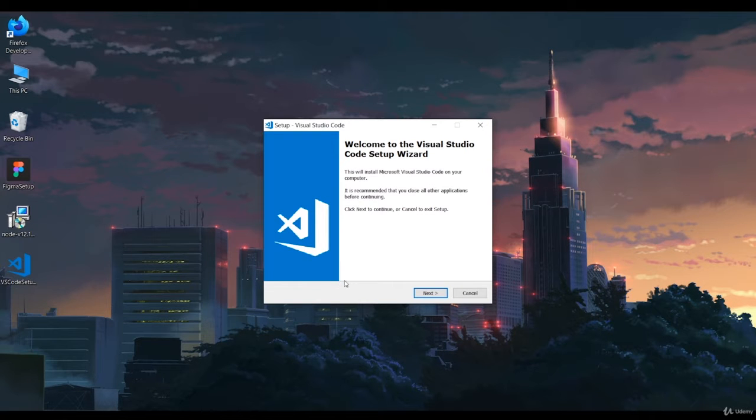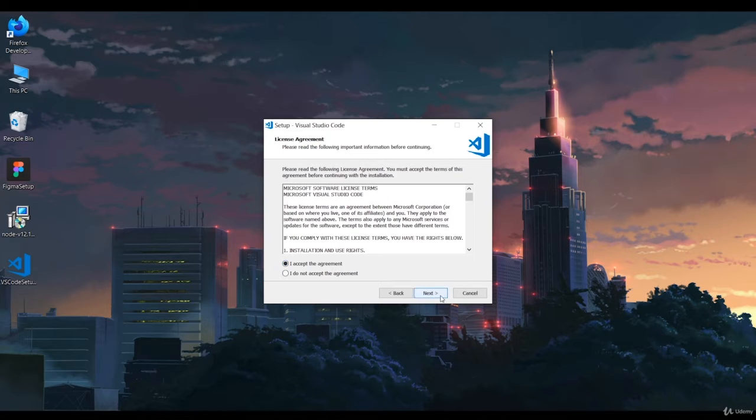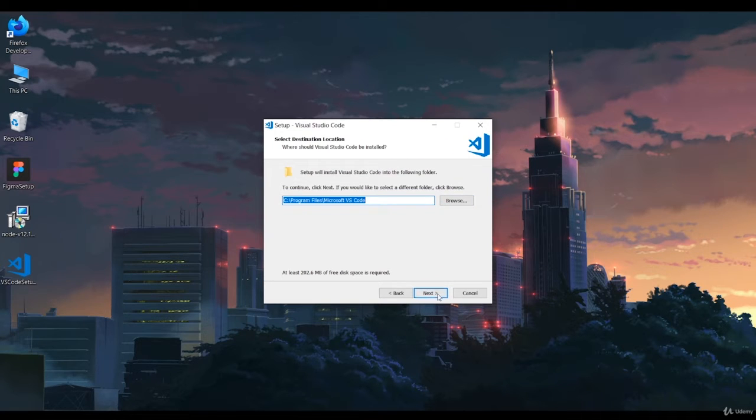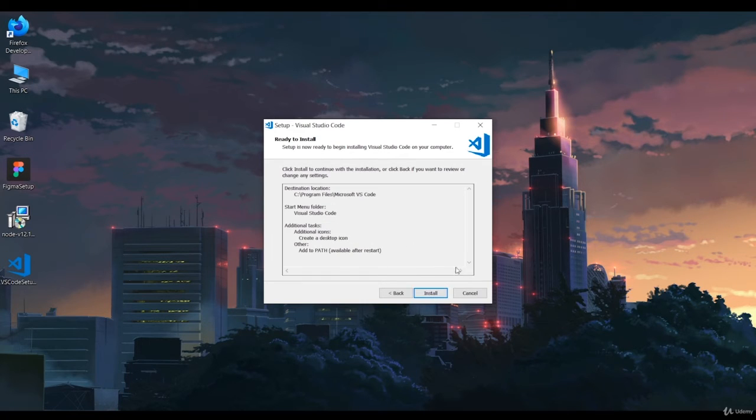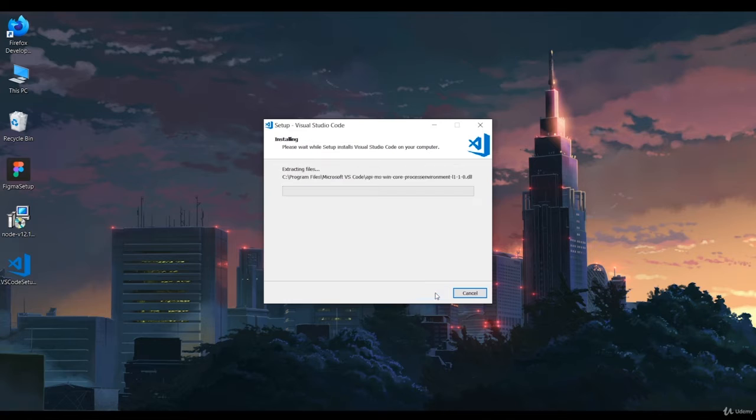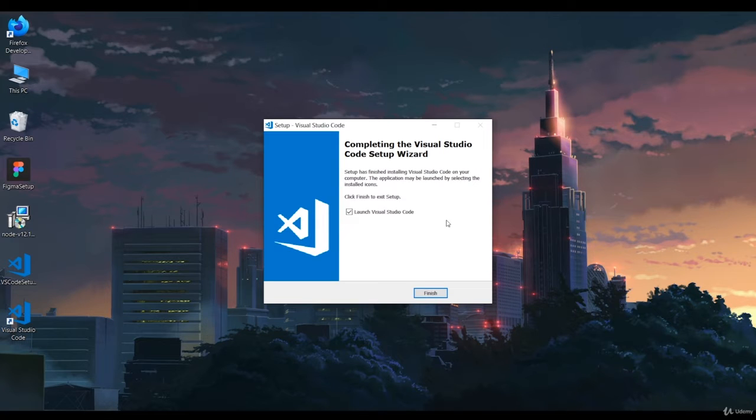Let's install it. Installing this is really pretty simple. We have to just do some pretty steps. Next, next. I'll just create a desktop icon. If you want any option from here, you can just select that also. But I am good with it. I'll just move to the next step. Then you have to just press the install button. Yeah, it's installing. Yeah, you can see the VS Code has been installed.